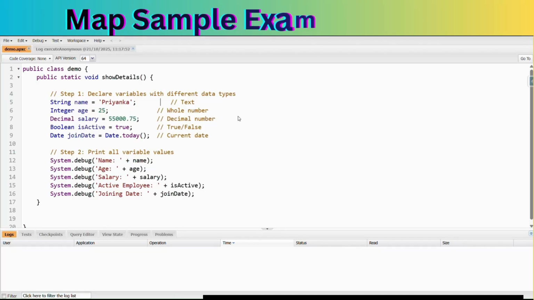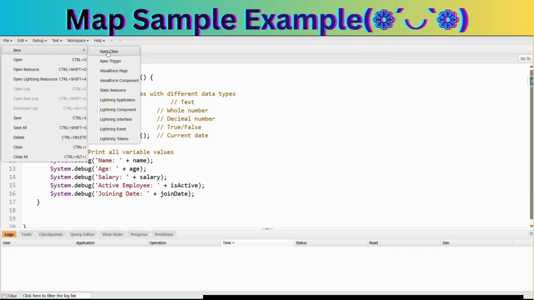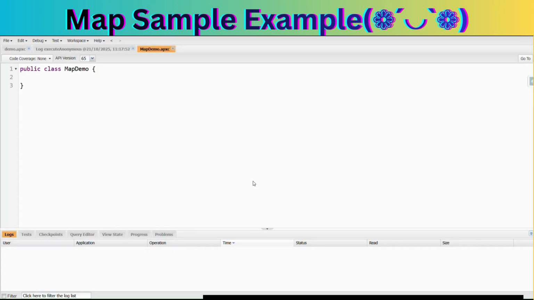On this screen you can see all of the things related to maps. Just like the previous video, if you have not seen my previous video, then go and see that one. In my first video I have already told everything, like how to create the classes. So here first we will create our map class, and after creating it, we will describe all of the things like account IDs, using some functions and code.